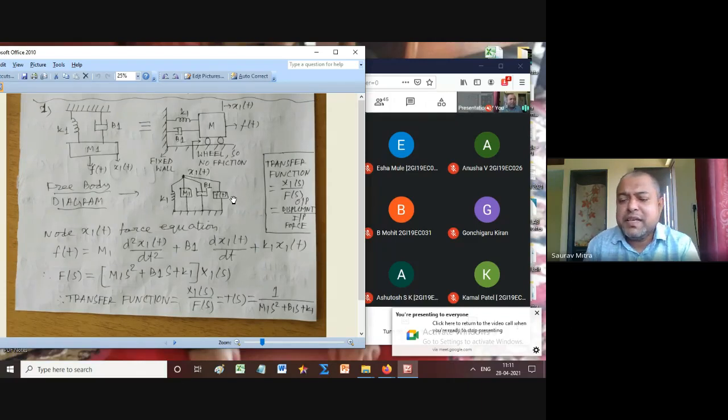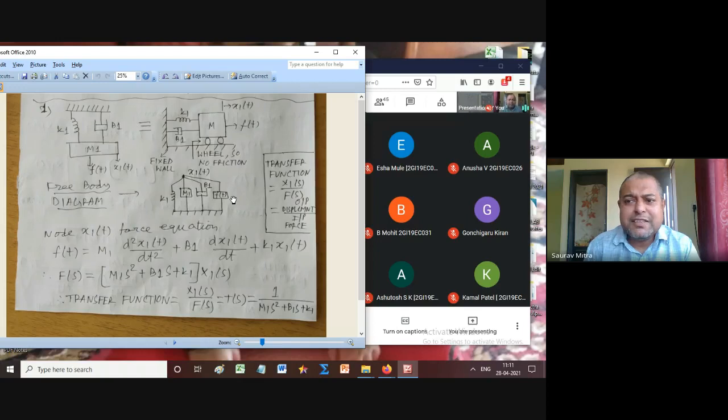Now, if the question is asked in the exam, find the transfer function. Obviously, this question will not be asked like this. This is the easiest basic RLC circuit. I gave you the RLC circuit transfer function and two analogies, FV and FI, and then I gave a bigger circuit and asked you to find the transfer function. So we have seen a two loop circuit with capacitor. RLC is the basic thing, and based on that we do other circuit transfer function finding. Same thing here: the transfer function is output X1(s) divided by F(s).